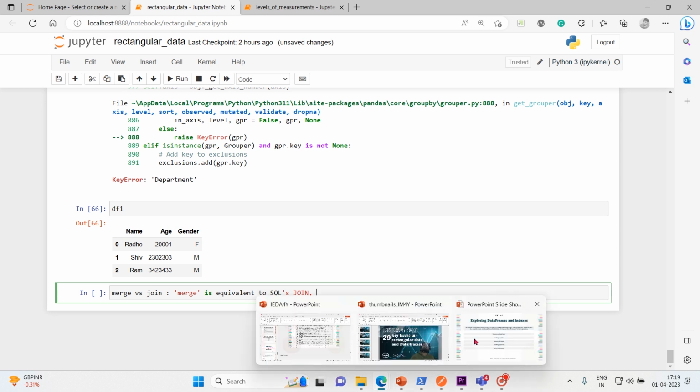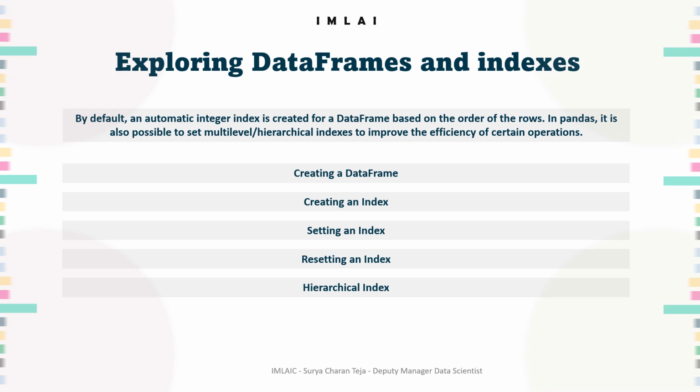So these are some of the techniques that we use to work on data frames and their tools. Now what will we do is